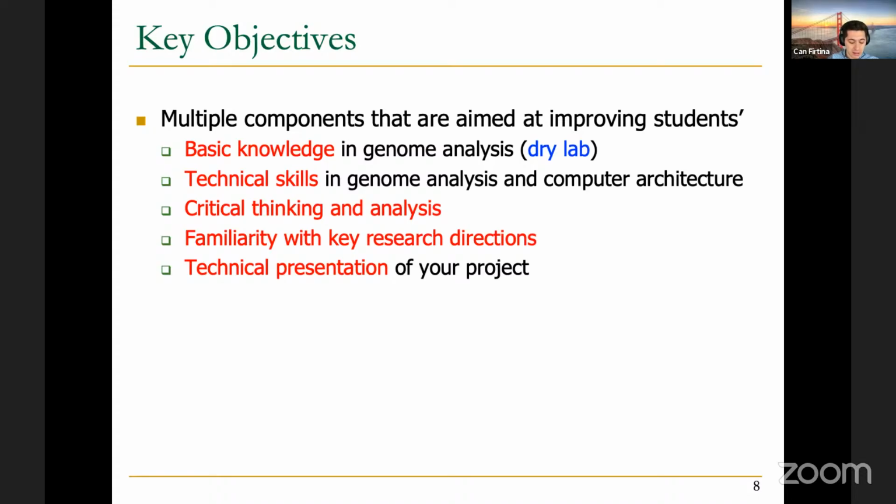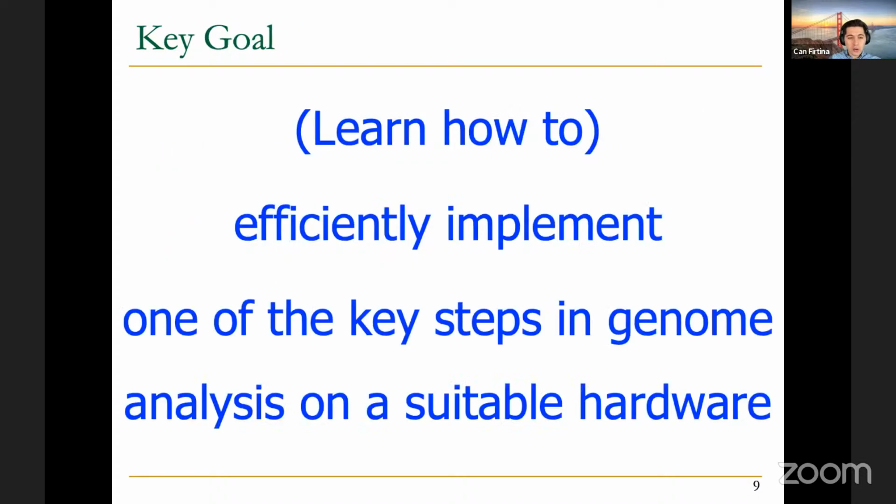And lastly, students are going to be presenting their progress and their project to their colleagues. By doing so, they're also going to be improving their technical presentation skills by presenting their projects. So with all of these,